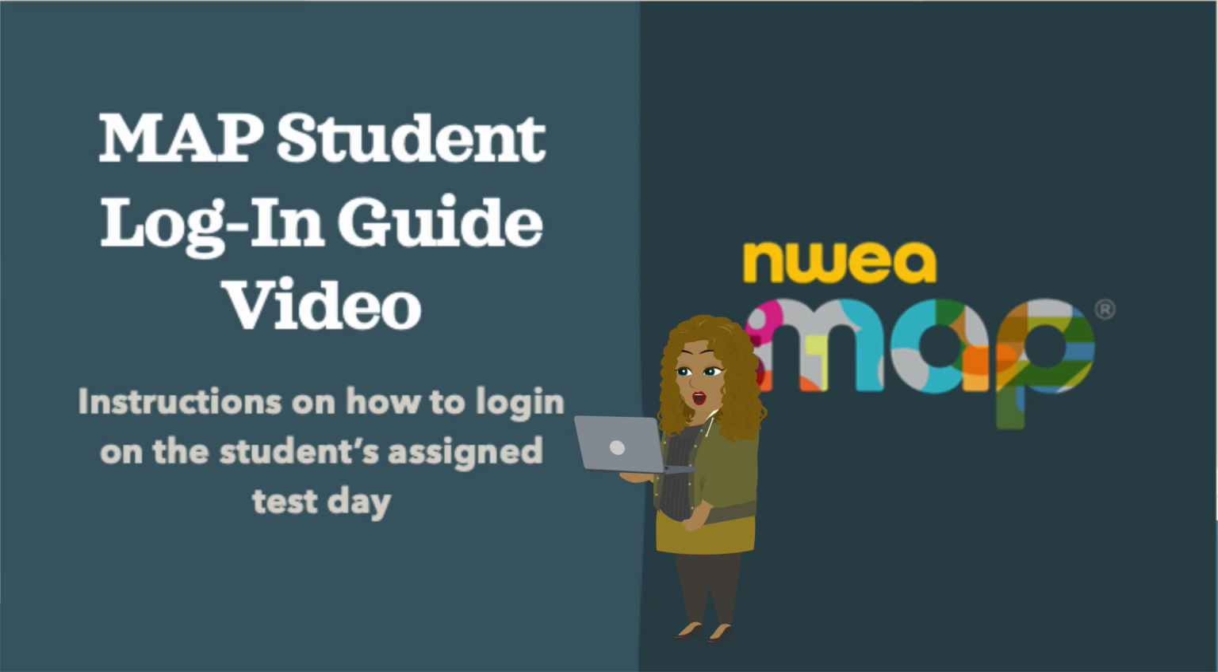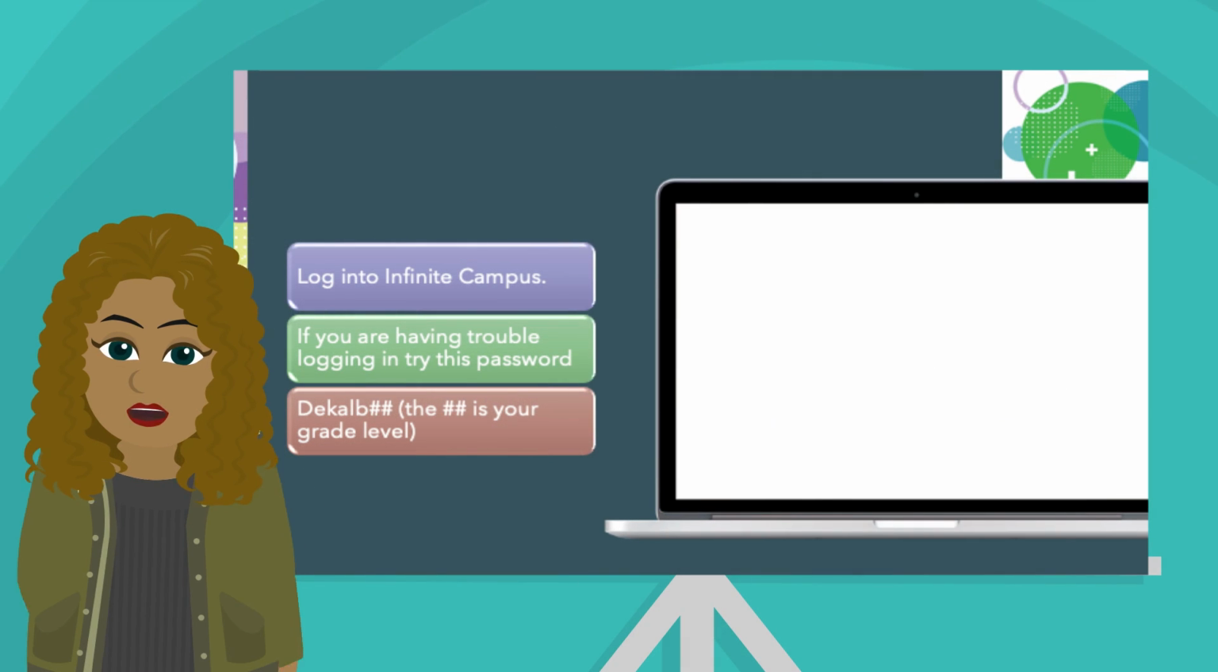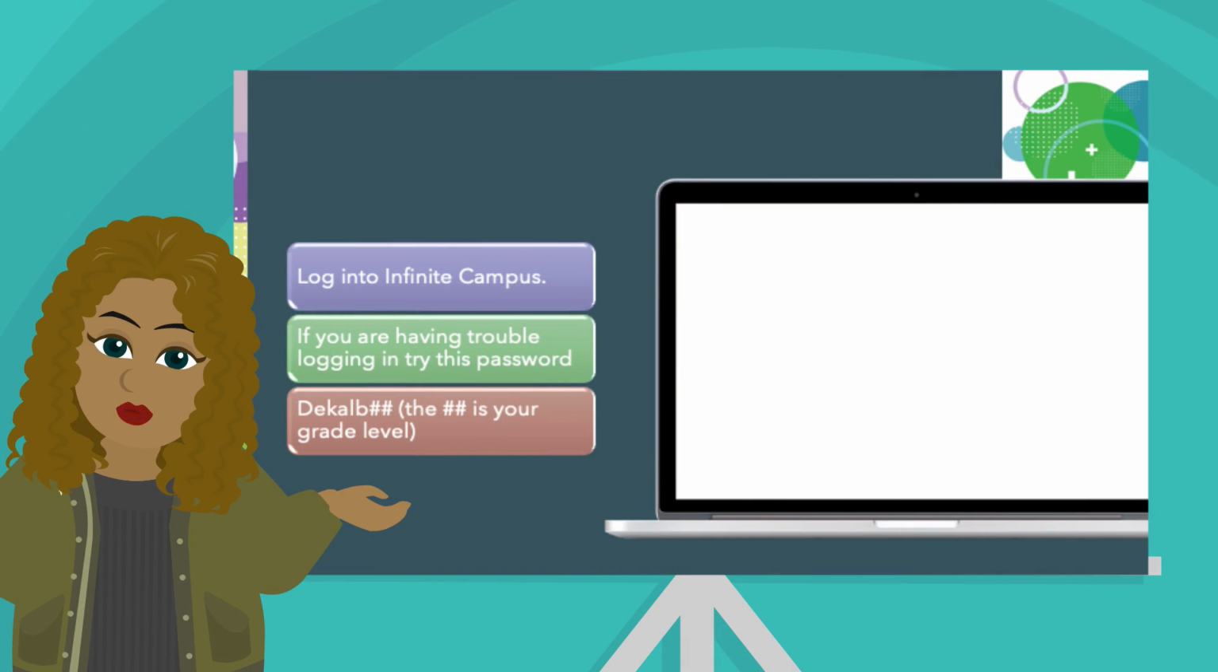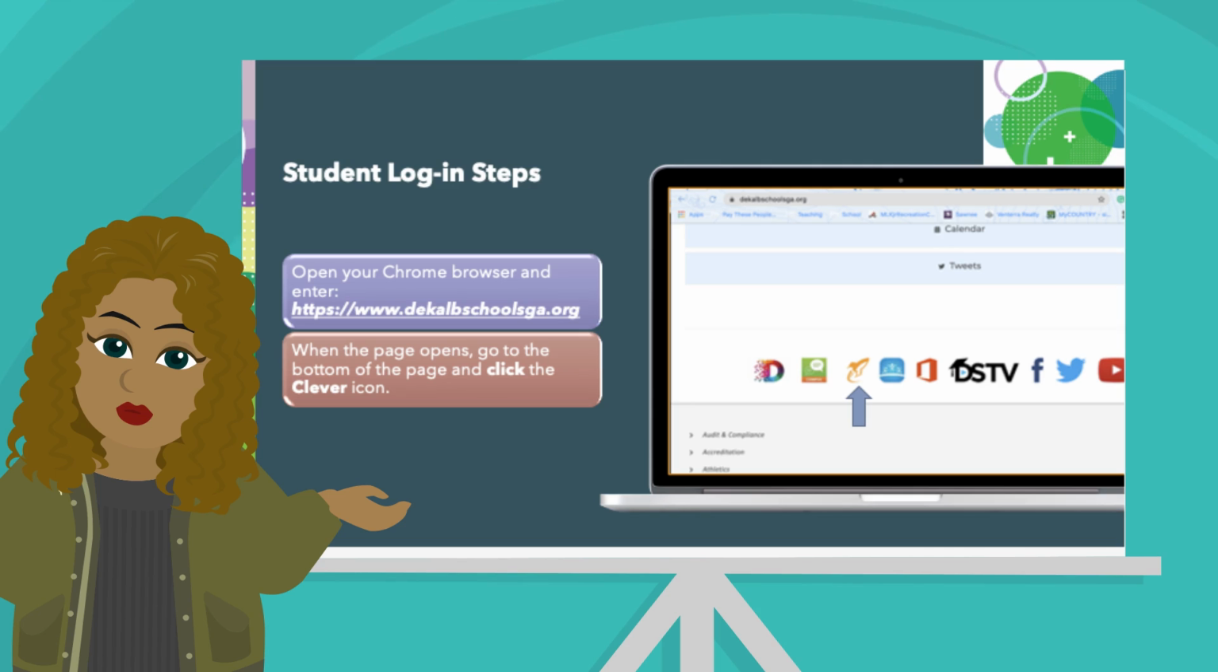Today, we will talk about how you log into MAP testing. The first thing we need to do is log into Infinite Campus. To do so, you will need your student number. If it says that you need to reset your password, your new password should be DeKalb and then your grade number. Make sure DeKalb is lowercase. After making sure your login works, go to